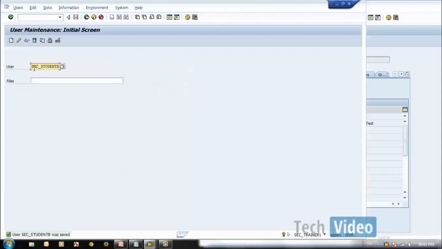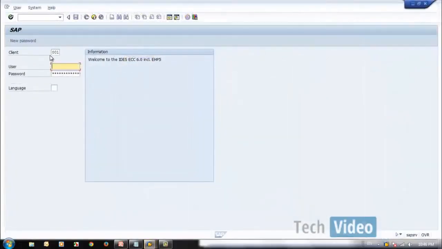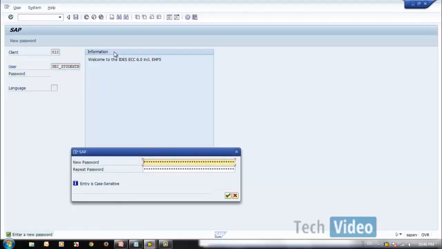Okay, now I will log into the 810 which we assigned just now. I go to 810. I put my initial password which I gave previously.